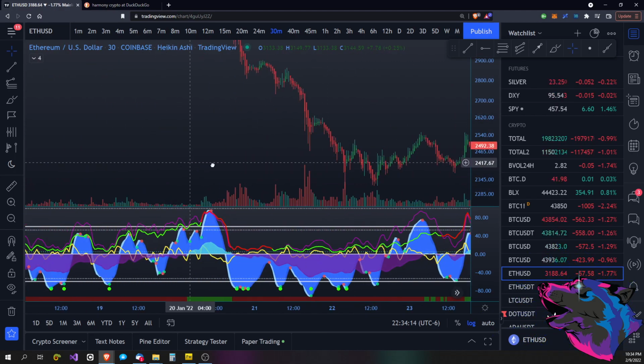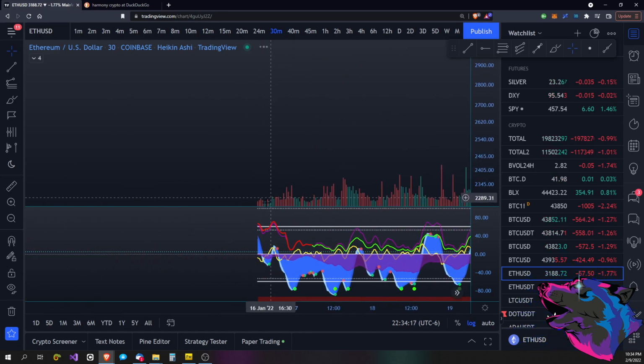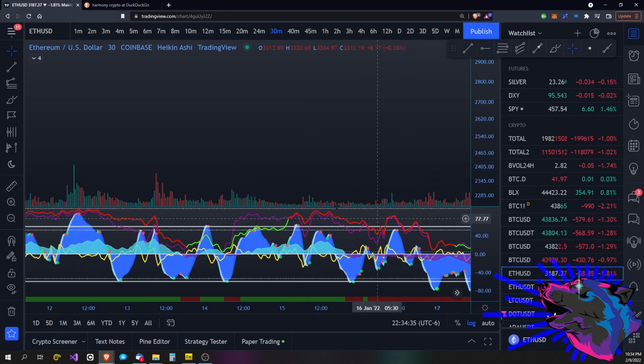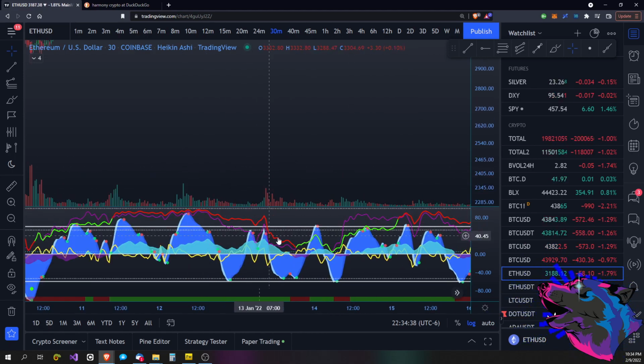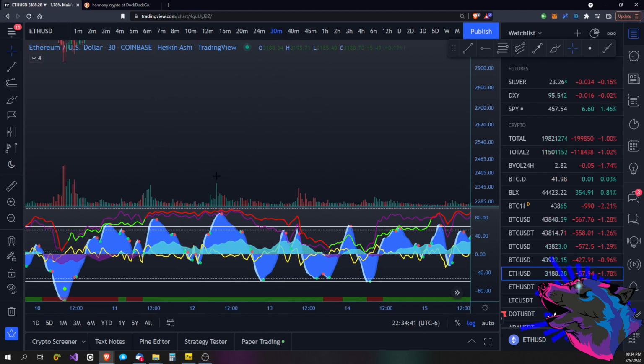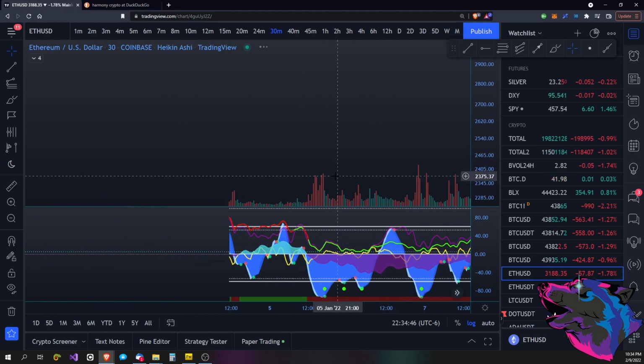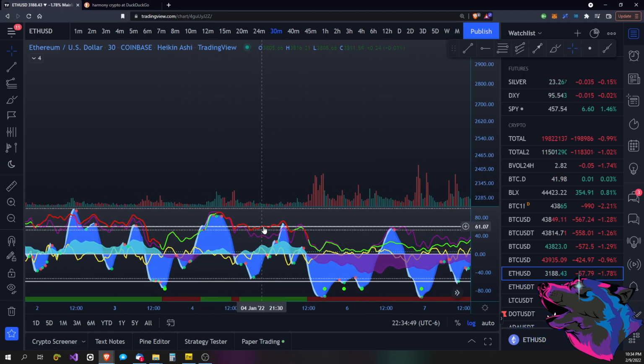Does seem like every time the stochastic comes down here, maybe we have a little bounce, but by the time the red and green RSI here tends to come down to the 60-50 area, it looks like even after a little bounce, it's generally on its way. It's heading down by that point. That was a weak one. Yeah, down here came down, still hovered for a little bit, but overall,